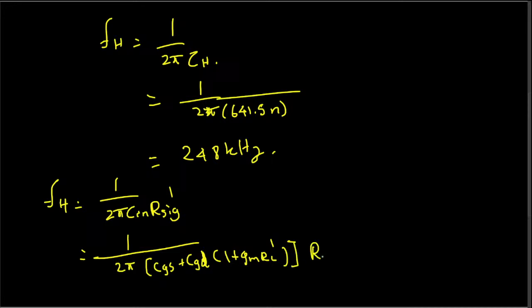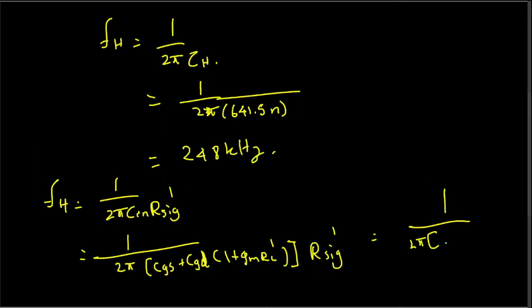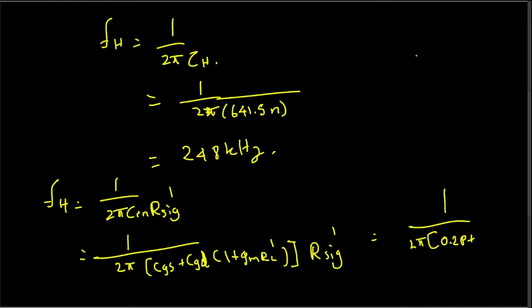And that one multiplied by the Rsig prime, and now we have to plug in the values. So 1 over 2π times CGS value, that is given to us, 0.2 picofarad, 0.2 pico, and then CGD value is same value, 0.2 picofarad,